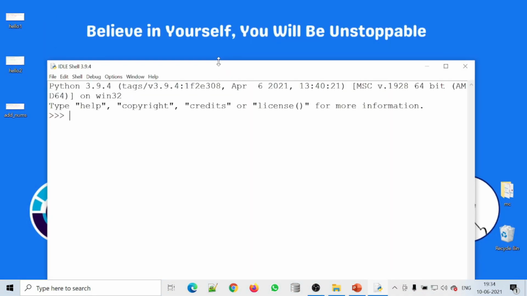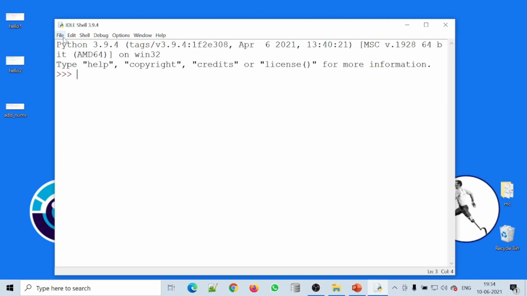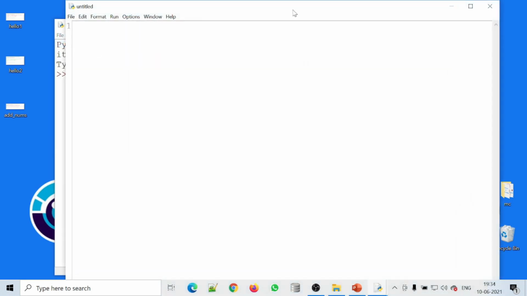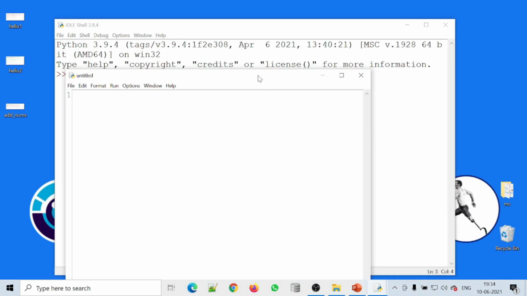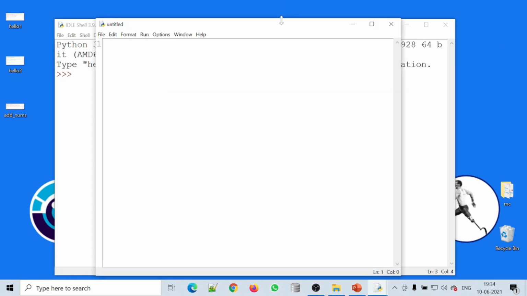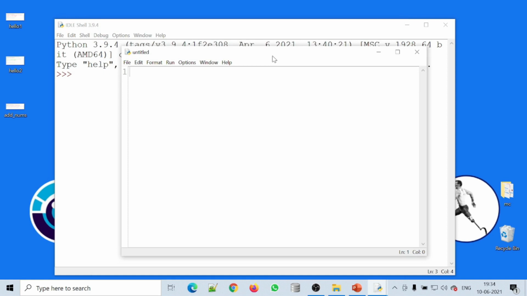I have opened the IDLE once again. Now let us write a second program using the Python IDLE editor, and let us first write a small program. Let us make the window a little smaller, and let us write the same program of adding two numbers.